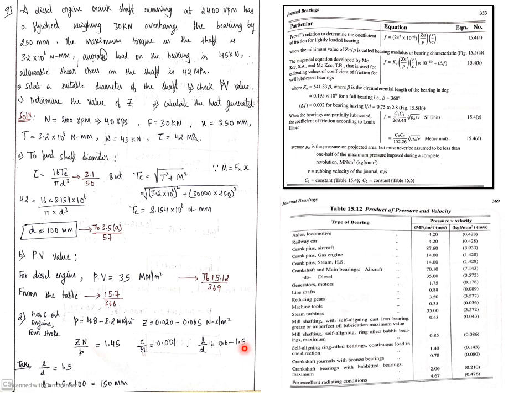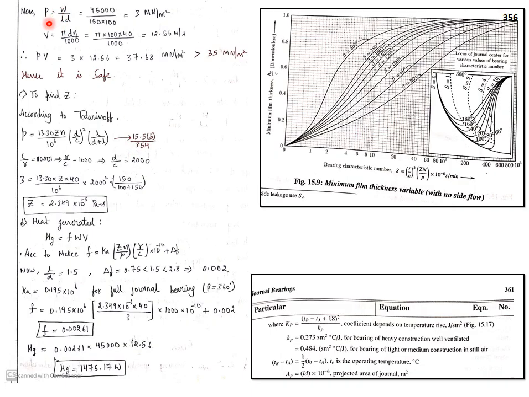Now next, from table 15.7, that is page number 366. If you go there and take the tabular column P, gas and oil, W by LD, 4 stroke, there you will have the value of pressure, velocity pi d n by 4.82, where n is small n in RPS, and Z as 0.020. If you multiply pressure and velocity, you will get the PV value, and Zn by P as 1.45.